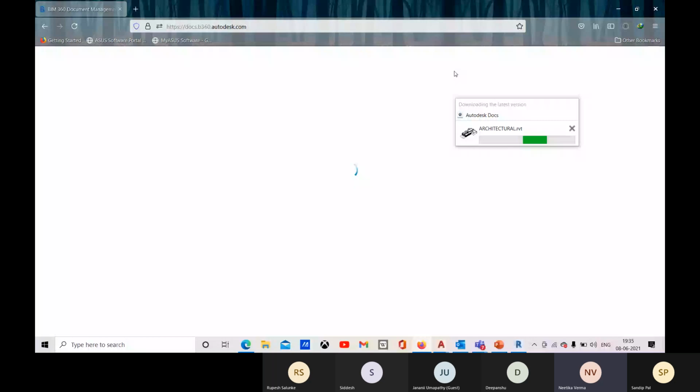Now everything is cloud synced. So, is it possible somehow to install the later versions of Revit on a personal laptop without actually buying the license?